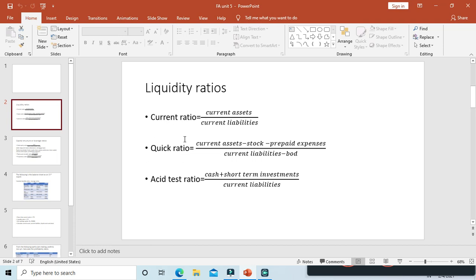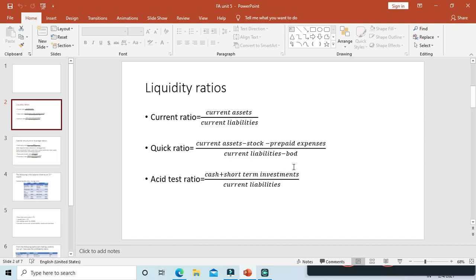Now in the quick ratio, current assets only will be there, but you need to minus the stock and prepaid expenses, because stock will be for a year, and prepaid expenses will be a short period as well. If you pay in advance, like for 6 months or 1 year, it will take time. So you avoid the stock and prepaid expenses, so you need to subtract them, divided by current liabilities